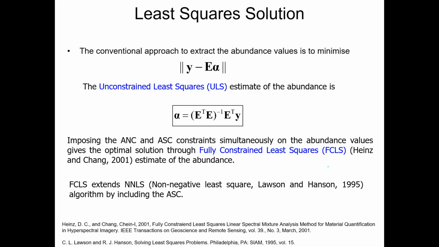So we modified that particular algorithm by including non-negative least square. This technique was borrowed from a book written by Lawson and Hansen. The book title is Solving Least Square Problems. And then this NLS extended the idea of fully constrained least square, that is imposing both the constraints together. Upon improving this algorithm, the speed greatly increased to almost 2 minutes, requiring 2 minutes to process every scene of 5,000 rows by 5,000 columns.